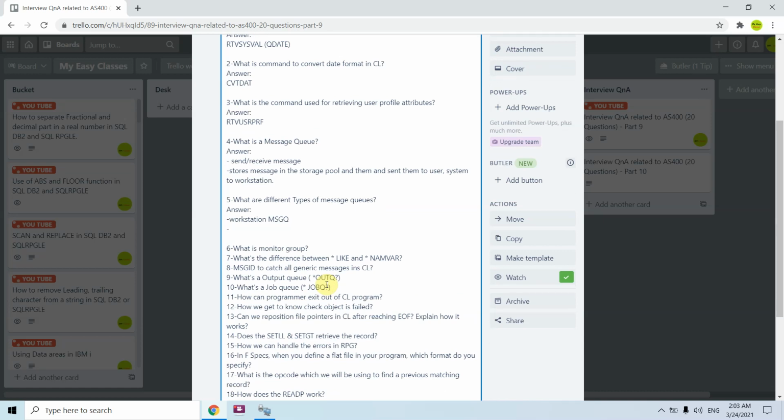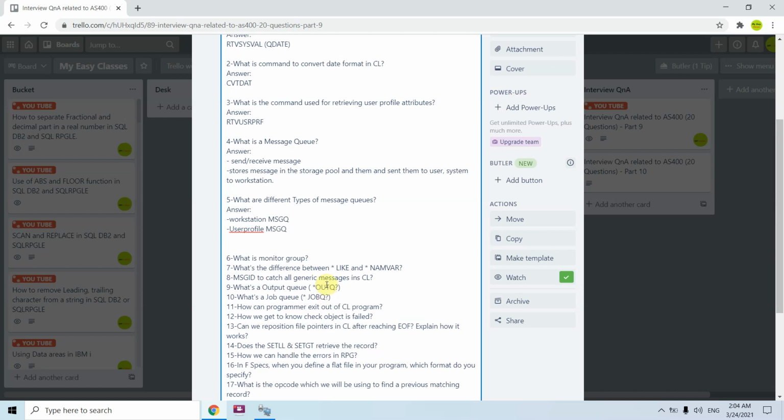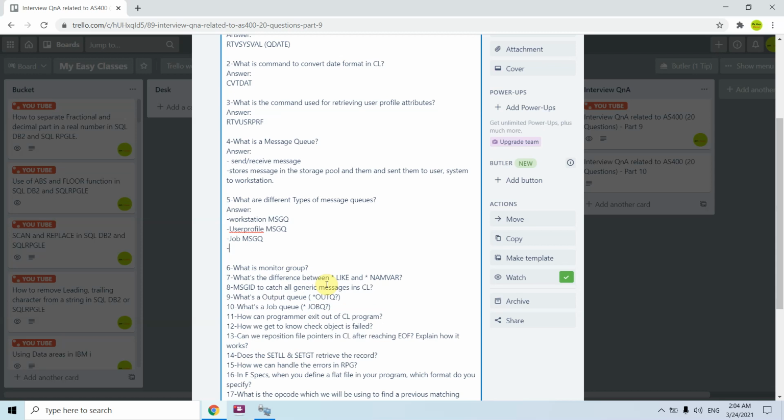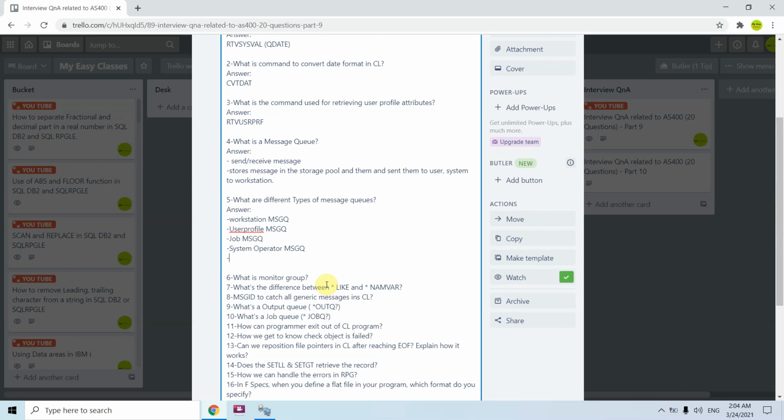First is the workstation message queue, the second one is the user profile message queue, third one is the job message queue, fourth is the system operator message queue, and fifth and the last is the history log message queue. So these are all the message queues available on the IBM i machine.